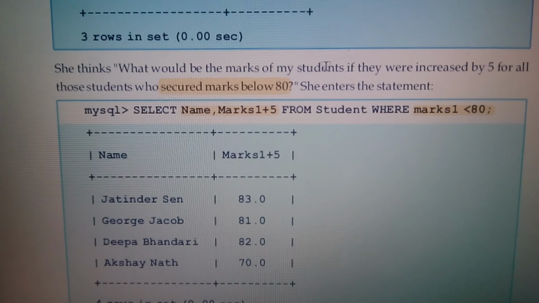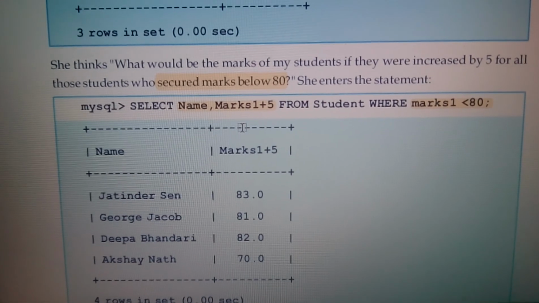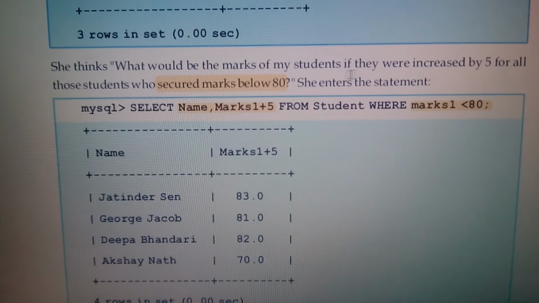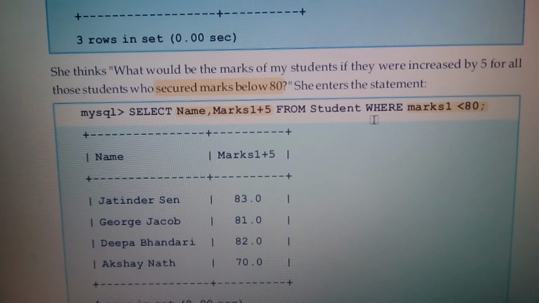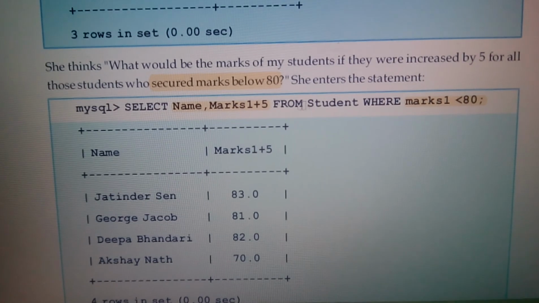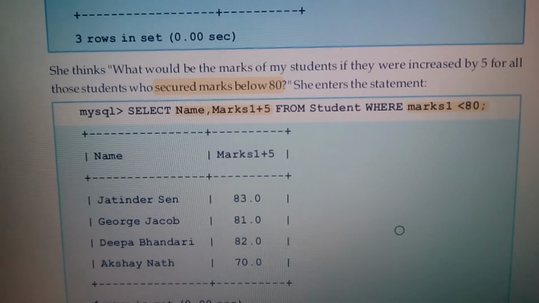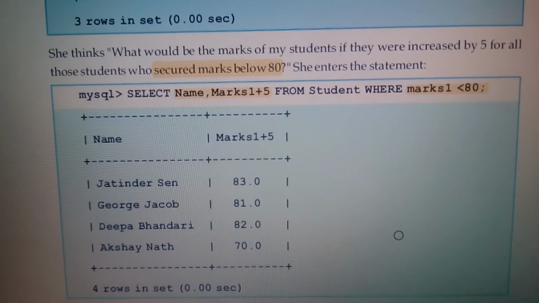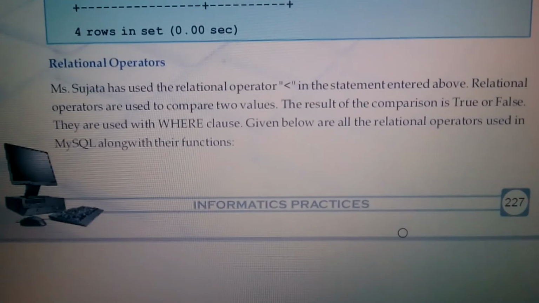Okay, and then it is written display name. So I have written select name and increase the value of marks by 5, so I have written marks plus 5 from table name, then we know the syntax. So we have written select name, comma, marks plus 5 from student where marks less than 80. So from here you can get to know that the student's marks are incremented by 5 and only of those students whose marks are less than 80.